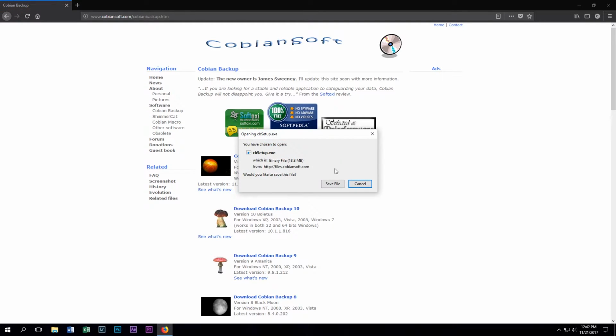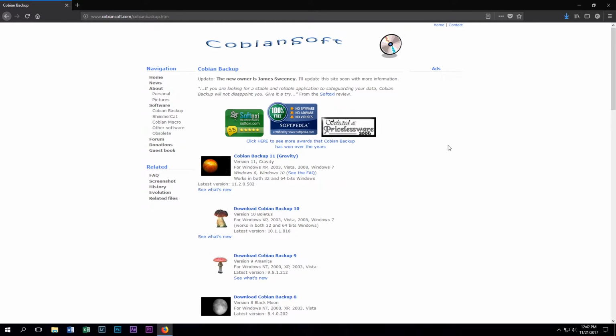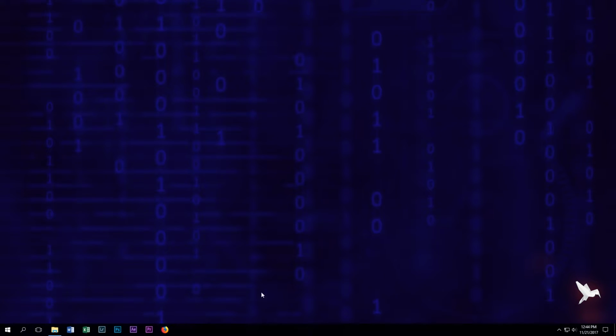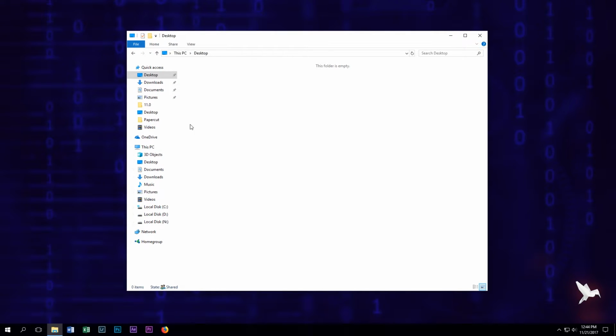You'll be prompted to save, go ahead and do so. And the file's pretty small, you can see it is now complete. Step 2, install. Okay, for the install, go ahead and open up your File Explorer and go to your Downloads